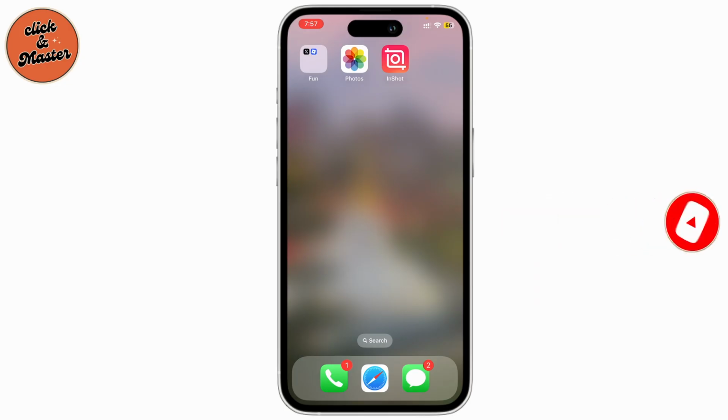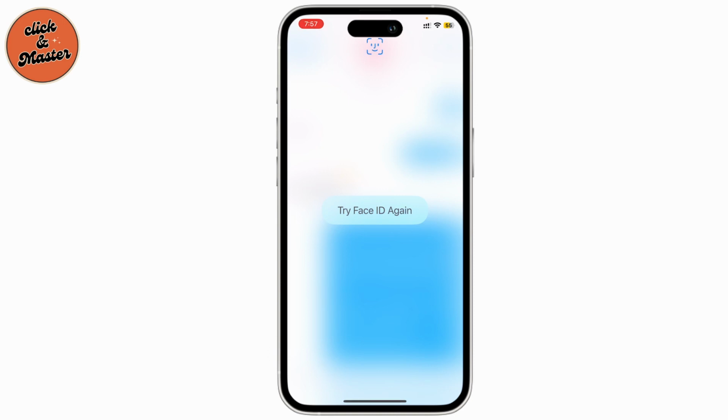Have you ever needed to copy an entire text conversation on your iPhone but didn't know how to? Whether you're saving important messages, sharing a chat, or backing up a conversation, you're in the right place. Let's dive right in. First things first, open up your Messages app and then go to the conversation that you